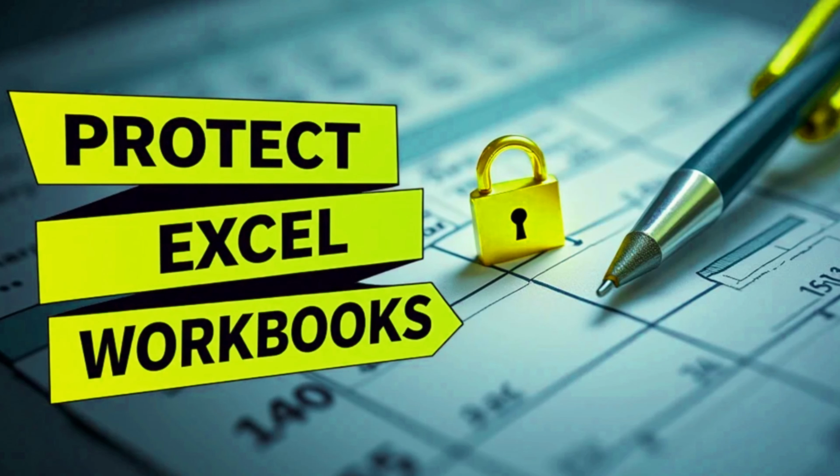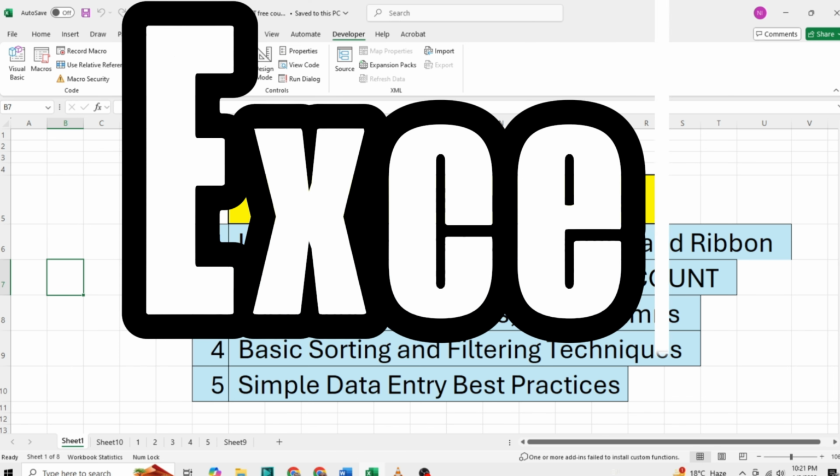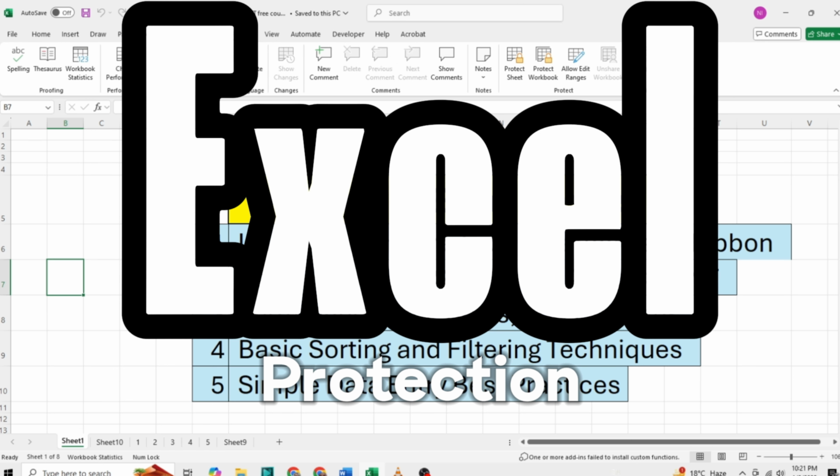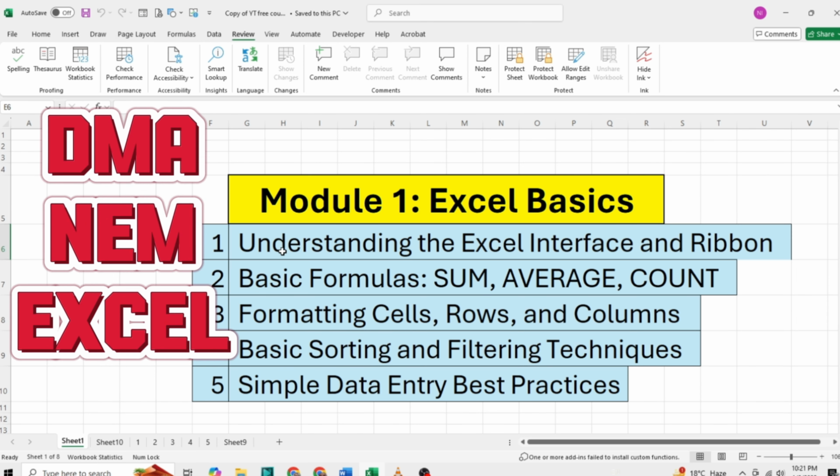How to protect your workbook from accidental changes in Excel. All right, Excel enthusiasts, gather around. Today, we're diving into one of the most underrated, yet absolutely critical skills in Excel, protecting your workbook from accidental changes. Oh yes, whether you're sharing your Excel files with your team, clients, or even keeping them for personal use,